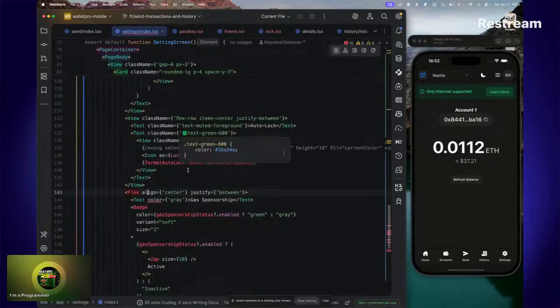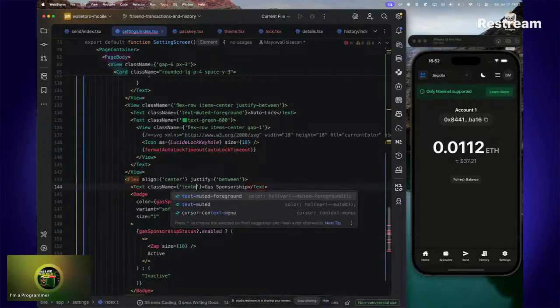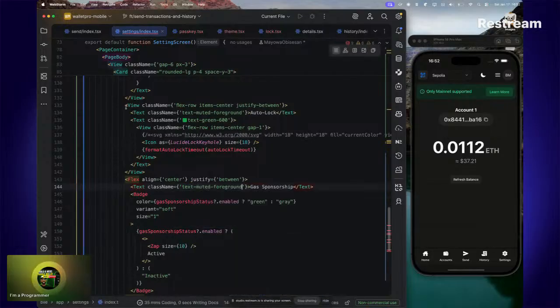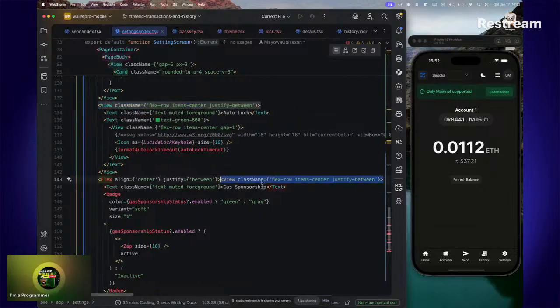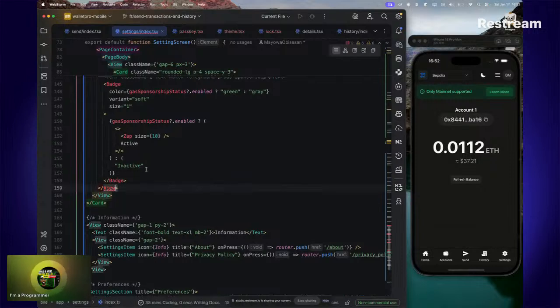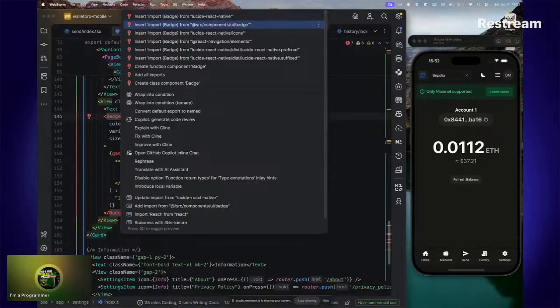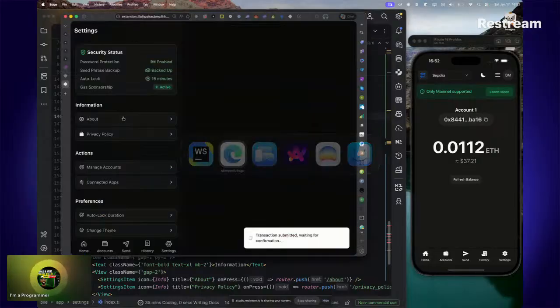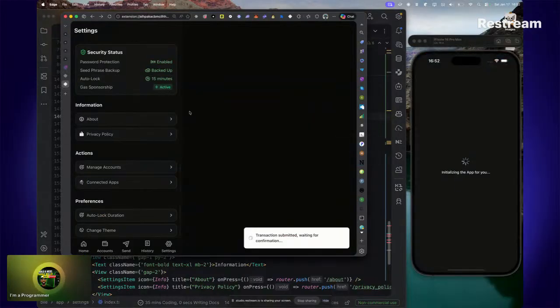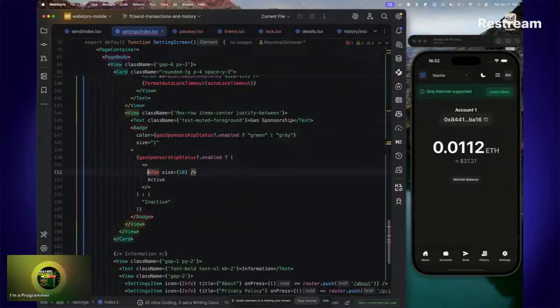Last thing we do is we can change this one. Same thing applies here. This one is literally going to be the same thing with what is here. So we have that here too. So the badge, we are going to import the badge from badge. You know, we have different variants here. It looks this way. So that's for gas sponsorship. We can get gas sponsorship from